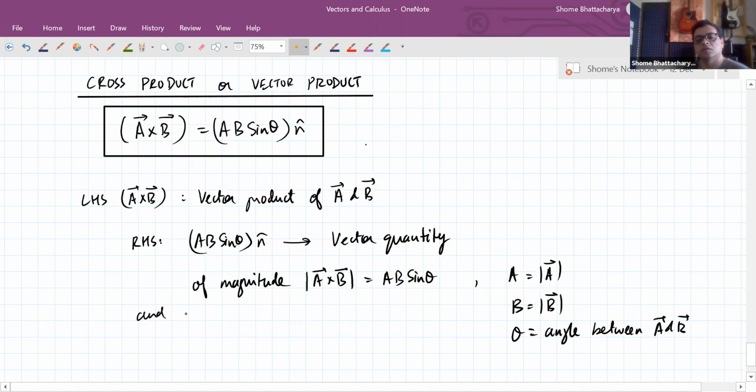And along the direction of the unit vector